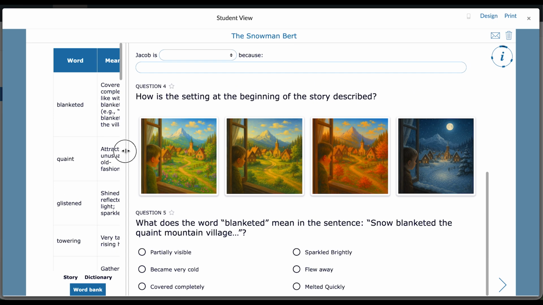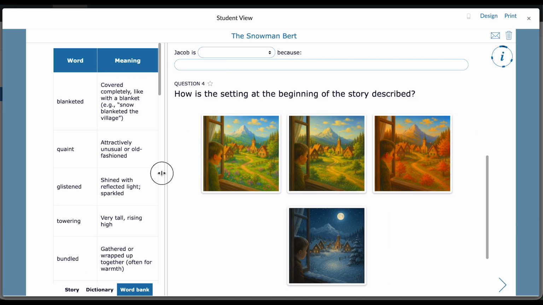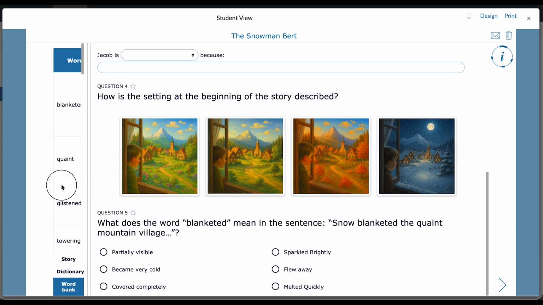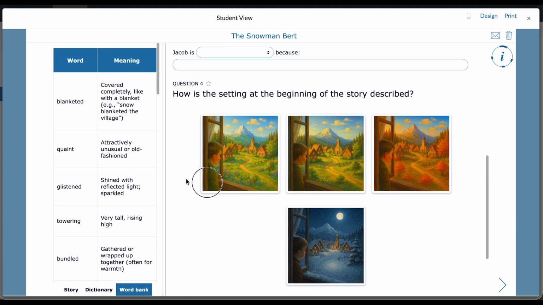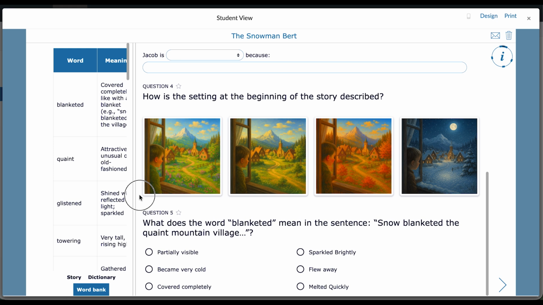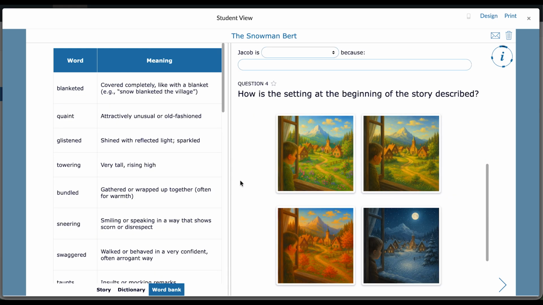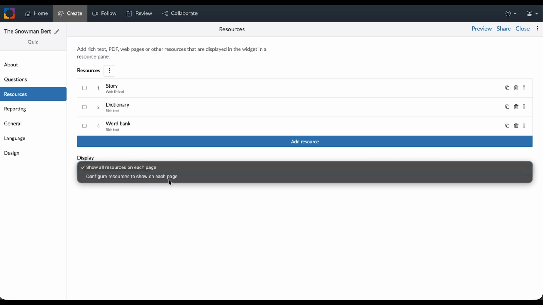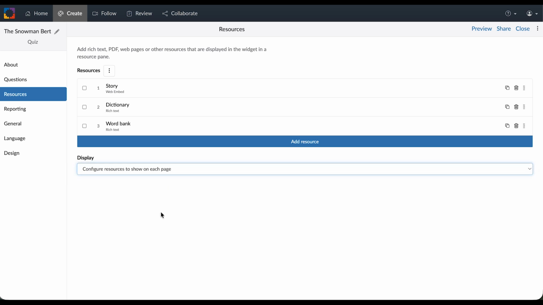There's also a divider, so my students can divide. This is normal. The split worksheet has this one too. And my students can just move between the resources and enlarge the screen of it, but also make it smaller to focus more on the question types. So this is where all resources show on one page. Another thing that you can do here is configure resources to show on each page,